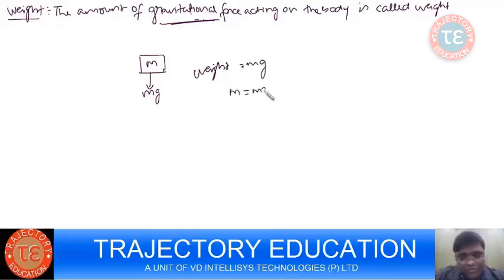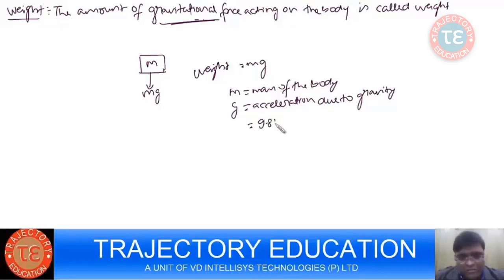So m equals mass of the body, right? And g is acceleration due to gravity, and this g is 9.8 meters per second square on Earth, or approximately 10 meters per second square, right? So that's weight. If it is 10 kg, 10 into 9.8, 98 Newton. That's weight. The next important force, which is really very important, that is